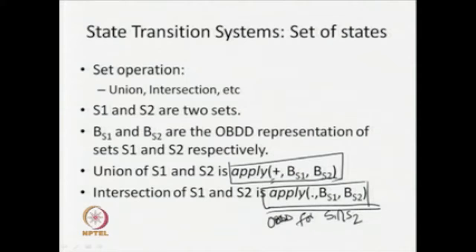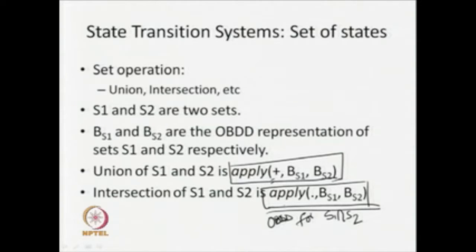So, you just see that if I have the BDD representation of two sets, then I can use this particular apply operation on that to get the union and intersection of these two sets. I have already mentioned that when I use this apply operation, I get an OBDD for this operation on S1 and S2, and the variable ordering of this resultant OBDD will be the same as that of BS1 and BS2. Again, you should remember one thing: when we use this apply algorithm,